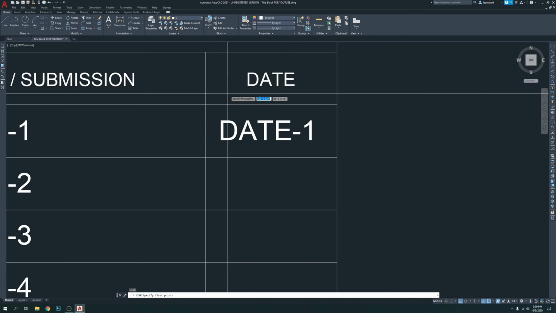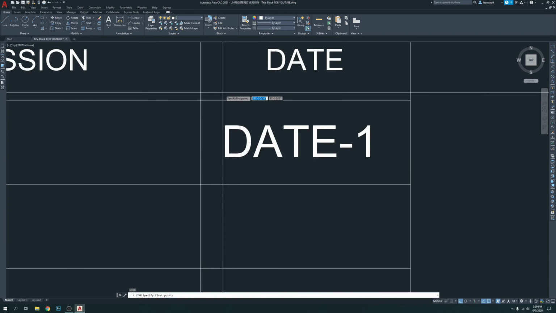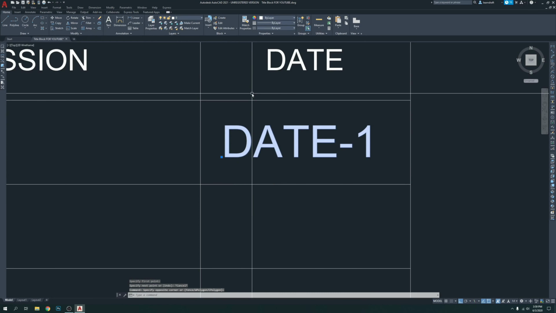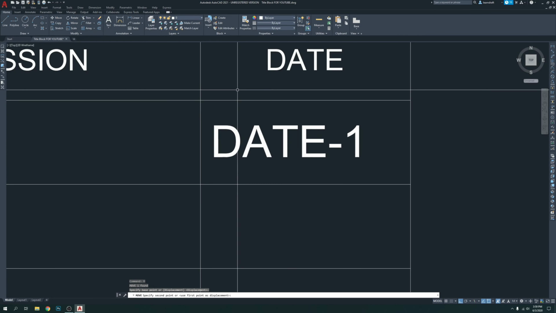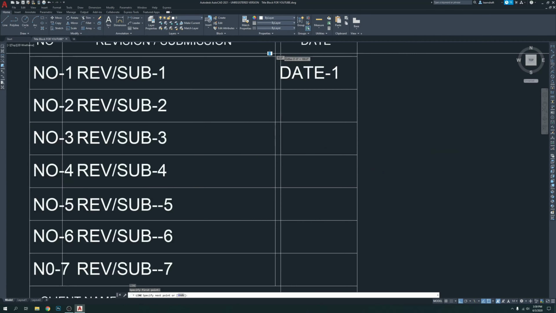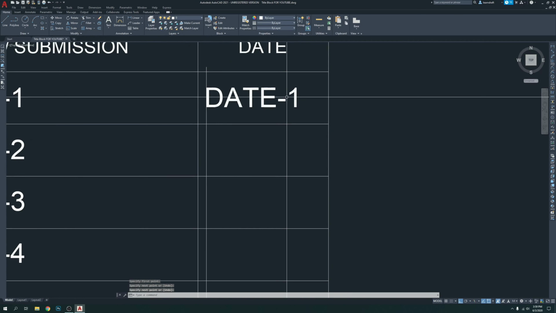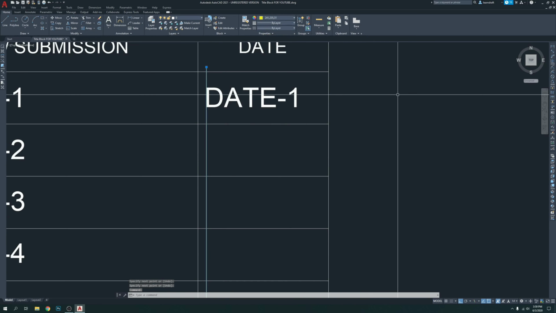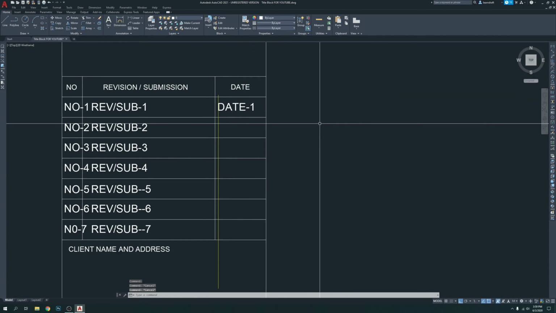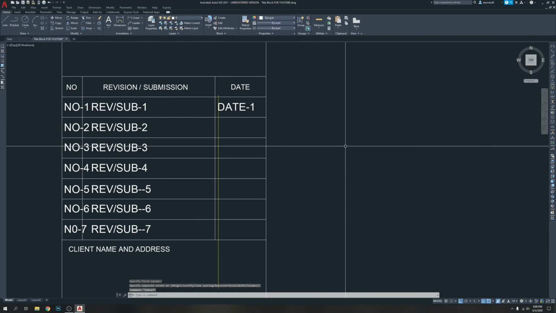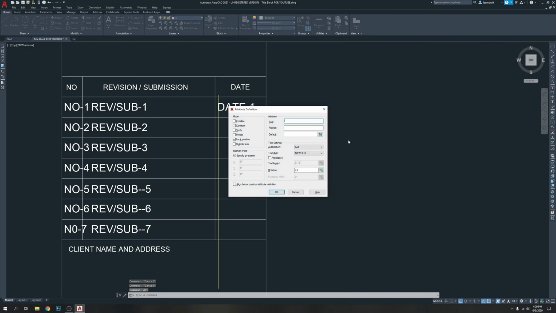Now L, enter, just to make sure. Actually I'm going to bring it a little bit more closer because sometimes it needs more space on the right side. Left justification, that's why. So this is a line going to help us to align them, and here's ATT, enter, ATT, enter,